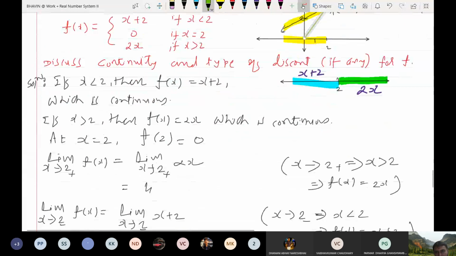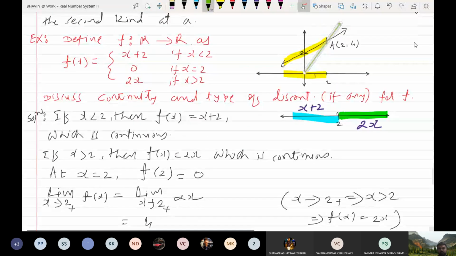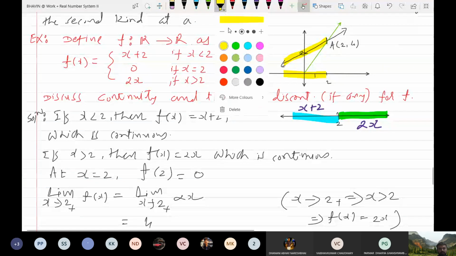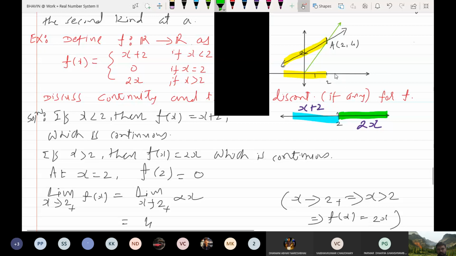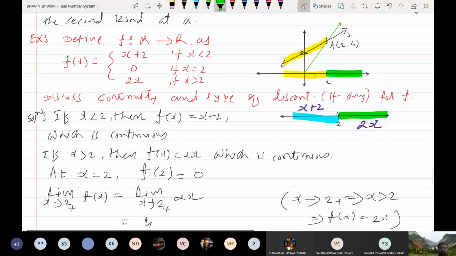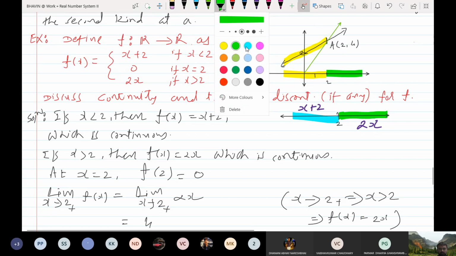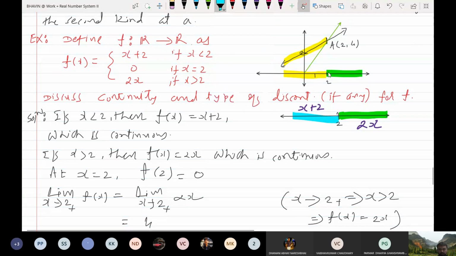समझ में आ रहा है ये? तो देखिए, if your x is bigger than 2, यहाँ पे पोर्शन क्या है ग्राफ का? ये, तो ये, समझ में आ रहा है? If your x is less than 2, then you need to take f(x) equal to x plus 2. और अगर x 2 से बड़ा है तो f(x) की वैल्यू कितनी है?